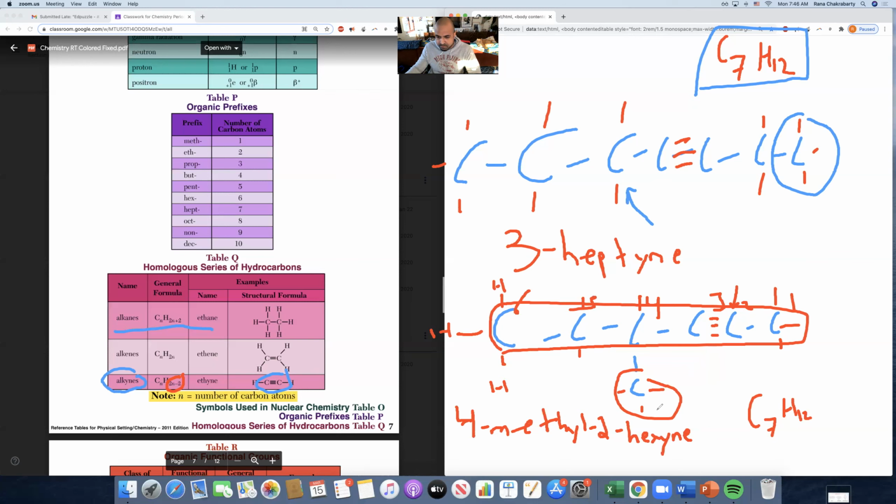The second carbon has a triple bond, so that's why it's 2 hexine, right? If I were to leave this by itself, this wasn't even here, if I were to erase this, it'd be 2 hexine, correct? Because there's a triple bond in the second carbon and there's only 6 carbons, right? But if I were to add that methyl group, can I redo this? So now it'd be 4 methyl 2 hexine because the 4th carbon has 1 carbon coming off of it,